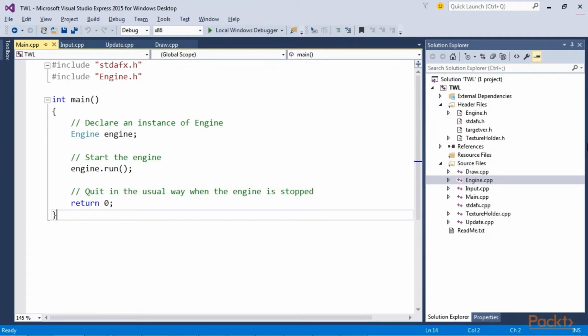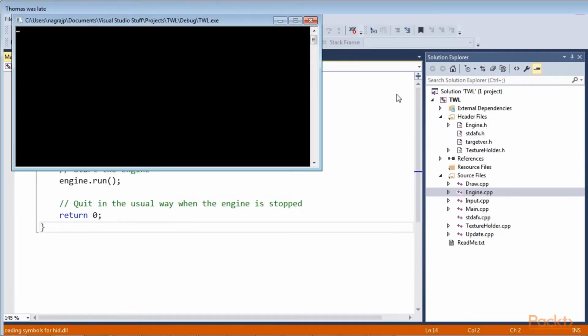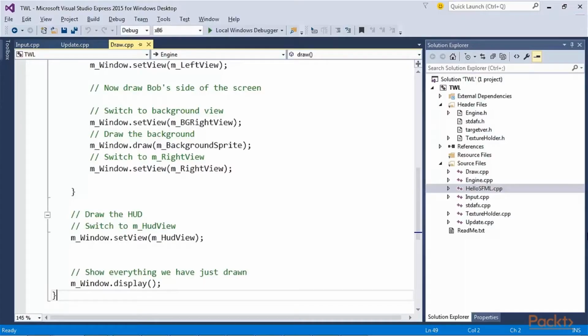Now we can run the game by clicking on the Local Windows Debugger button and see the empty background, either full screen or split screen, which will eventually contain all the action. Here's the game so far in full screen mode, showing just the background. Now tap the E key, and you'll be able to see the screen neatly partitioned into two halves, ready for split-screen co-op gameplay. Take a look at the neatly partitioned two halves. Awesome! Cool! That marks the end of this section.